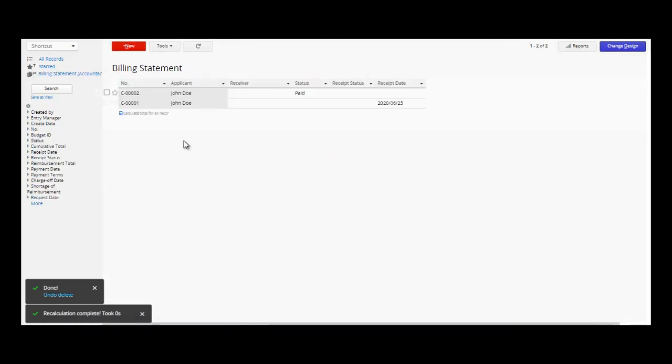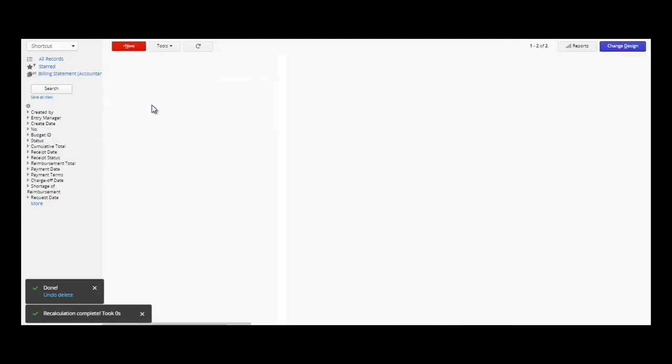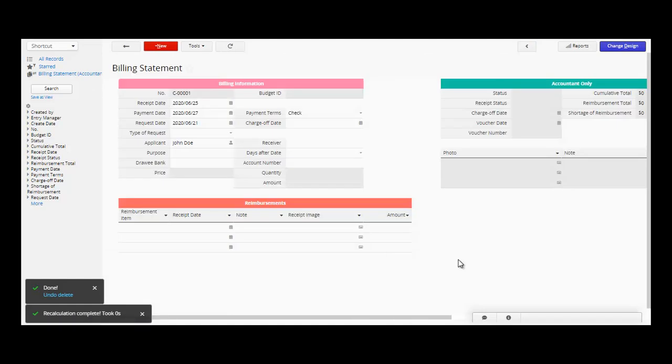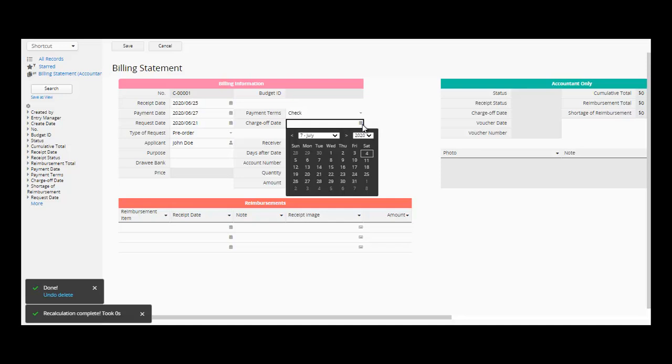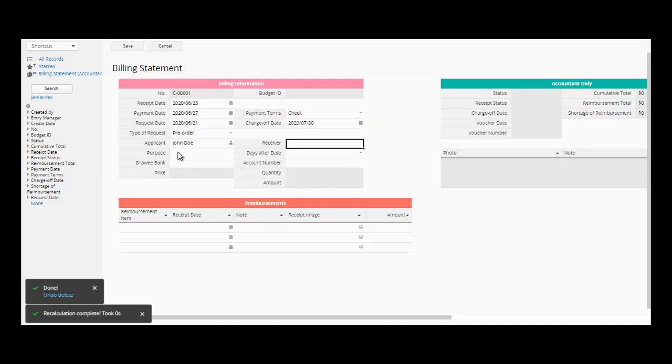Okay, this is how our billing statement looks like. Let's try to click here. Okay, so this part, type of request, let's try to drop down. Let's pre-order. Change. Start date should be on the end of the month. Okay. Purpose is